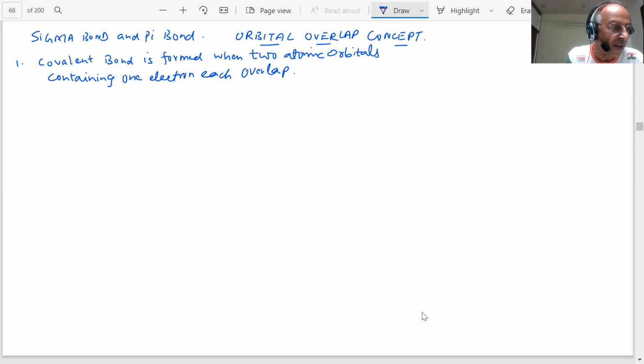For example, students, if I consider the formation of the H2 molecule, how is the H2 molecule formed? In hydrogen, you have two hydrogen atoms. You have a 1s orbital of this hydrogen, students. What you have is 1s1. And this also has 1s1, right? So the atomic orbitals involved are 1s and 1s in the two cases.